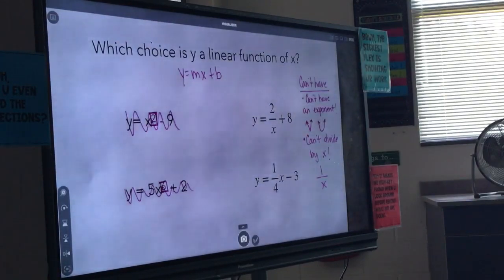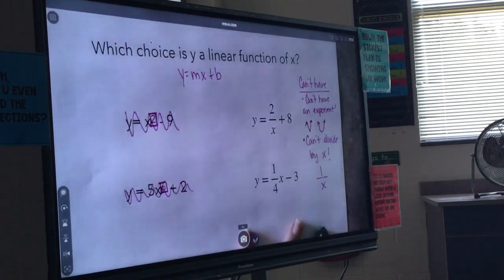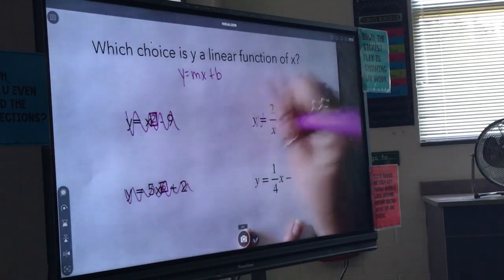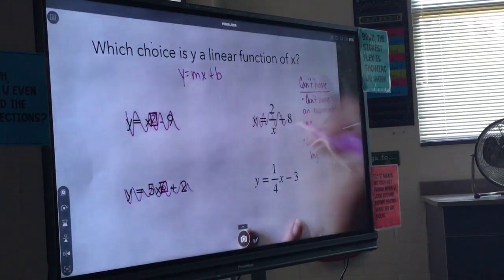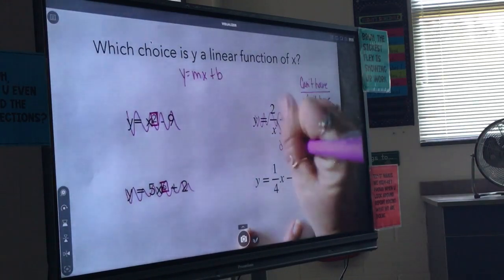All right, so of the two that are left, which one can I get rid of? Soraya. Y divided, like the one divided by 2. Right. So this one. So y equals 2 divided by x plus 5 because it's dividing